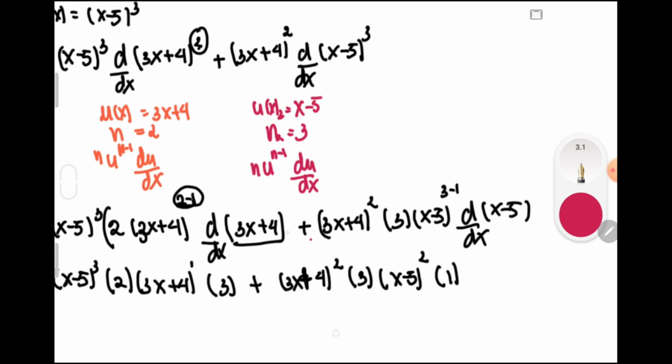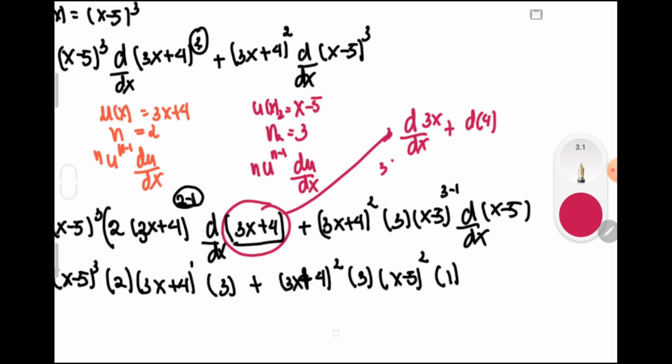Okay, so take note that the derivative of this one will be the derivative of 3x with respect to x plus the derivative of 4, which is equal to 3. The derivative of x with respect to x is 1, plus the derivative of 4, which is 0. So the derivative of 3x + 4 is 3 multiplied by 1, so it became